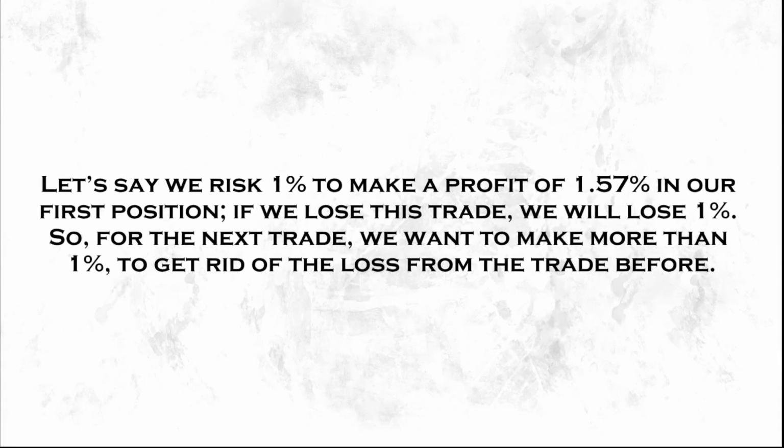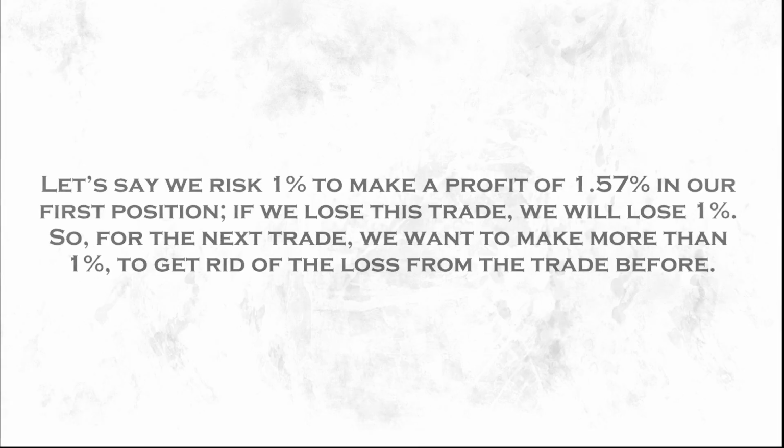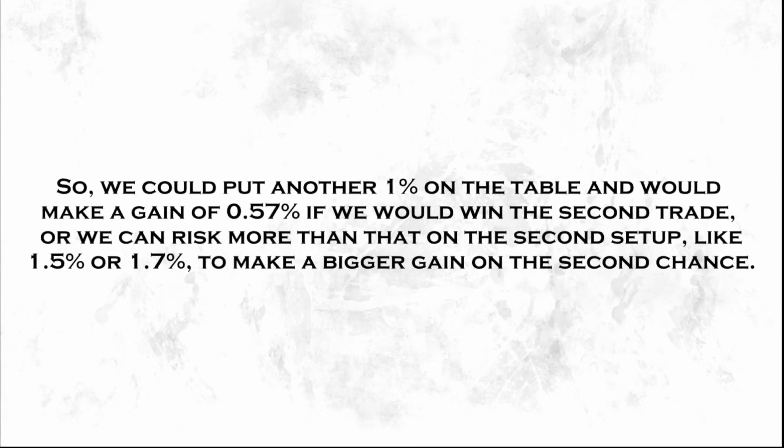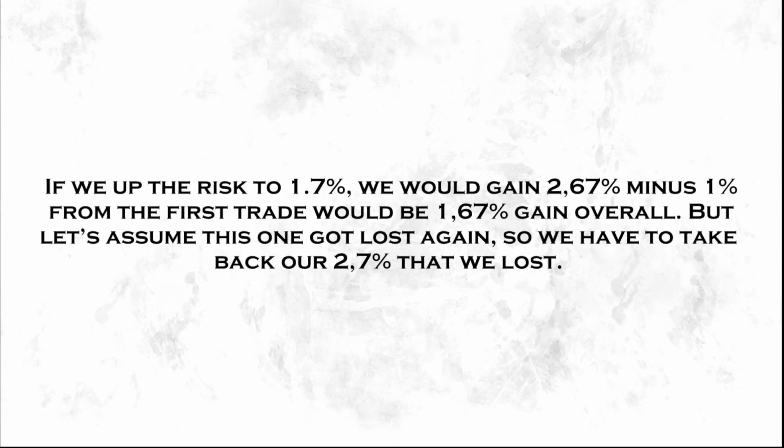Let's say we risk 1% to make a profit of 1.57% in our first position. If we lose this trade, we will lose 1%. So for the next trade, we want to make more than 1% to get rid of the loss from the trade before. So we could put another 1% on the table and would make a gain of 0.57% if we would win the second trade. Or we can risk more than that on the second setup, like 1.5% or 1.7%, to make a bigger gain on the second chance. If we up the risk to 1.7, we would gain 2.67%, minus 1% from the first trade,